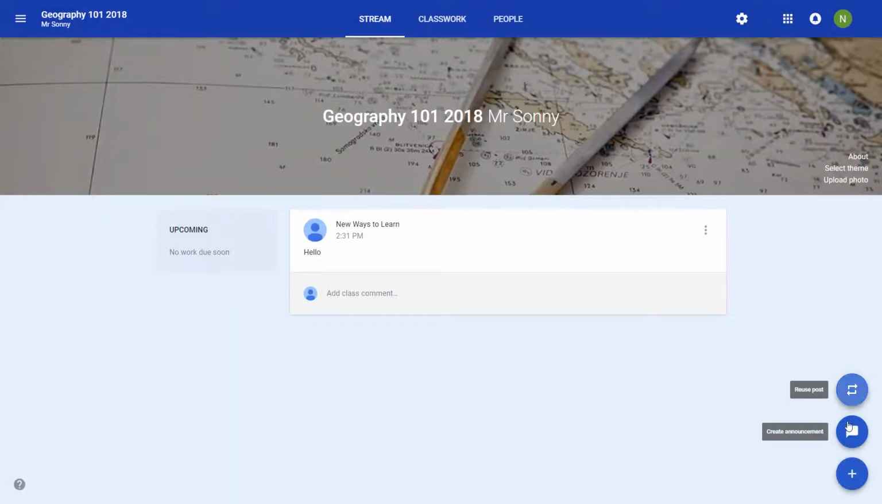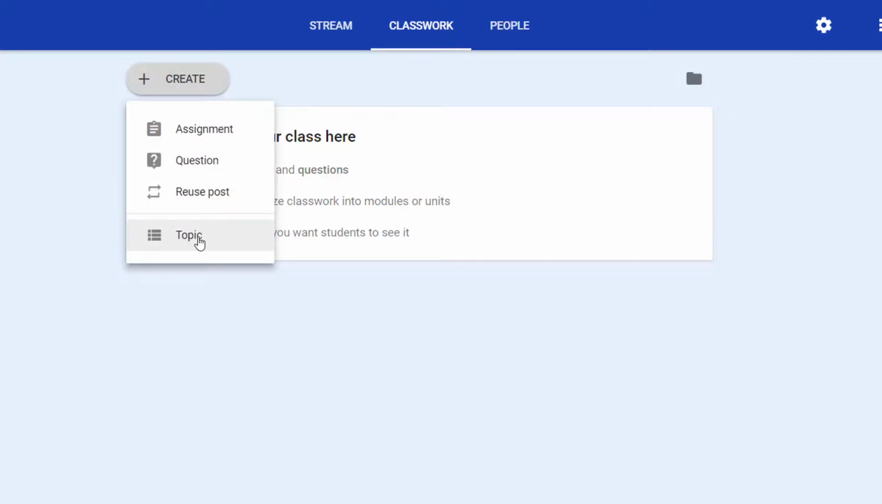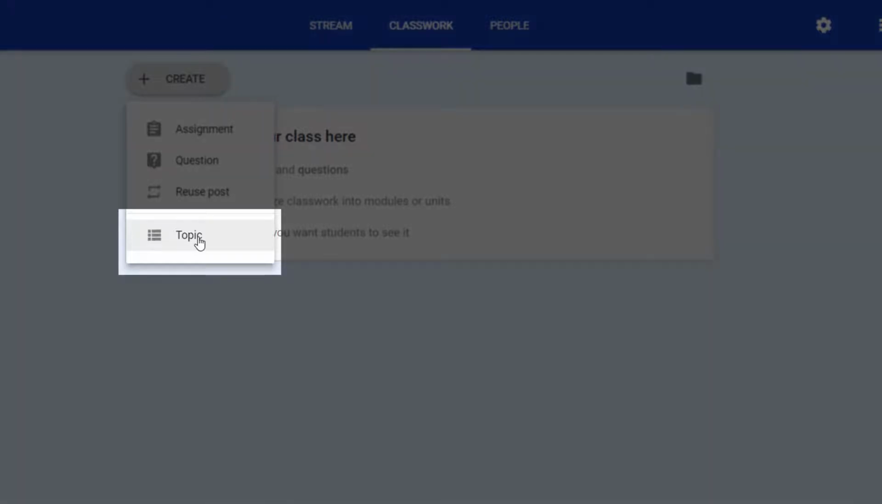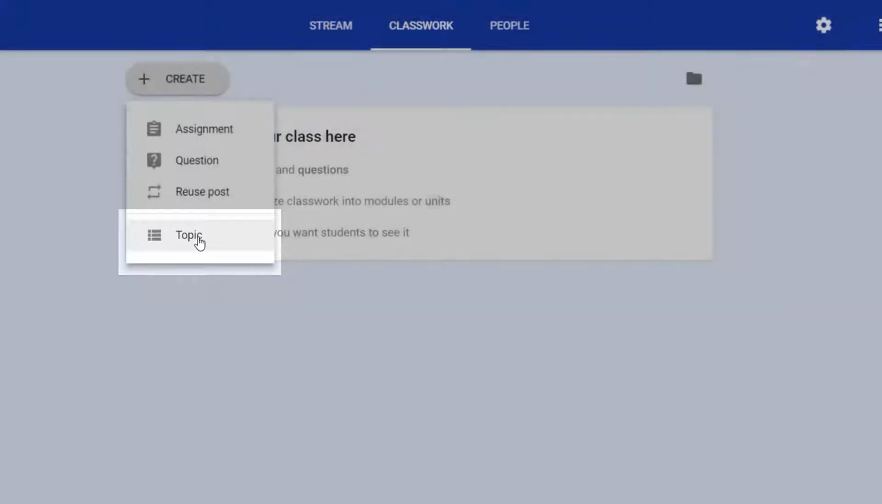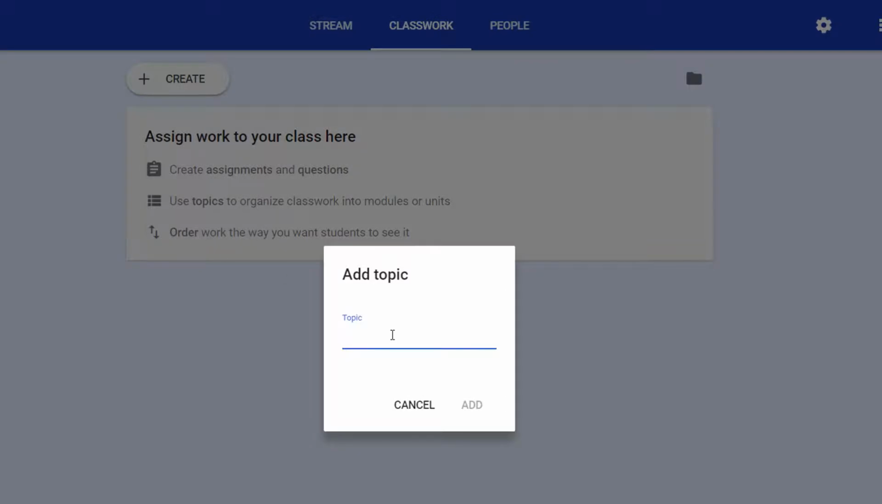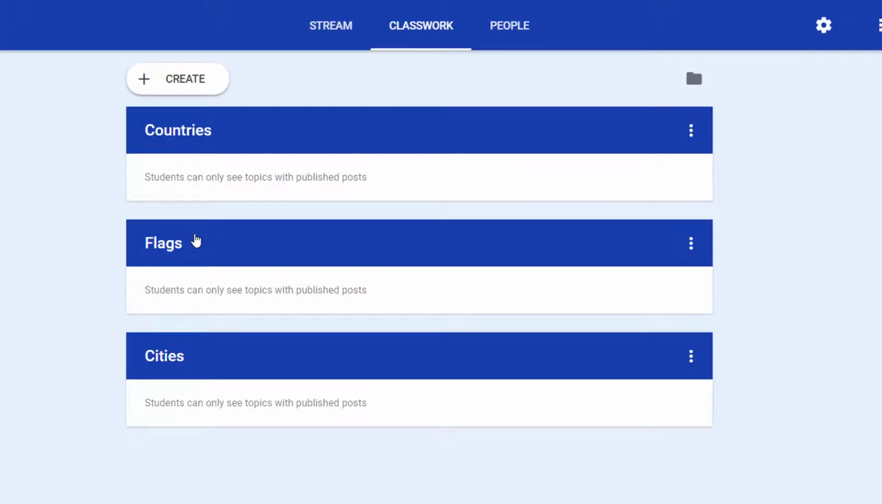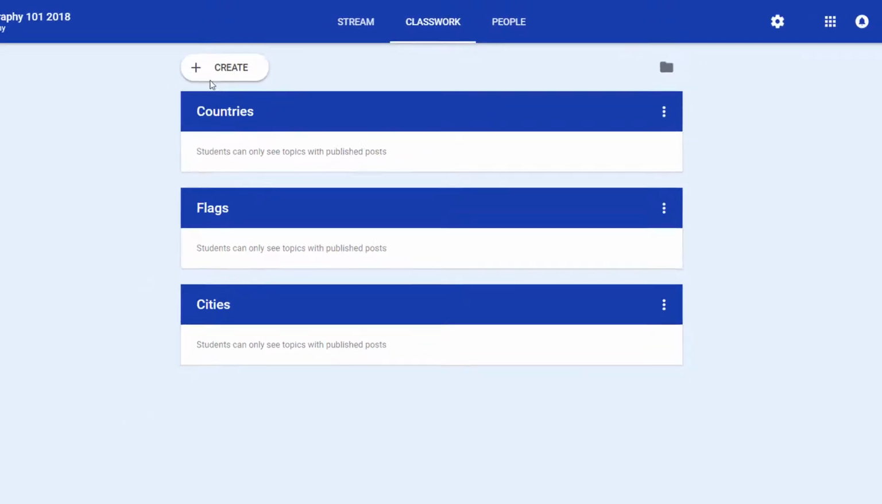So where have the other post types gone? Well, they've all gone into Classwork, which is up here. Now in Classwork, the first thing I recommend you do is you create some topics, because topics are a really good way to organize posts, and you'll see that it actually creates a look and feel that is far less cluttered. So I'm going to add a few topics. So you notice that it creates these nice banners for each of the topics,